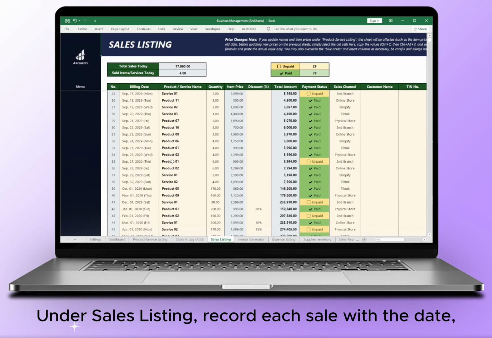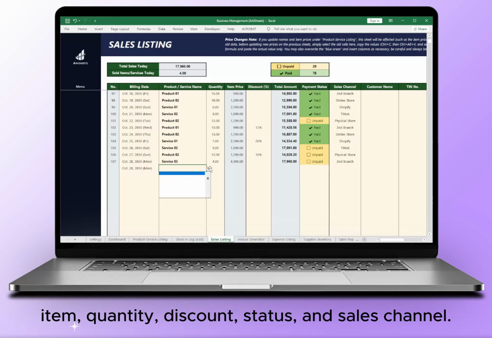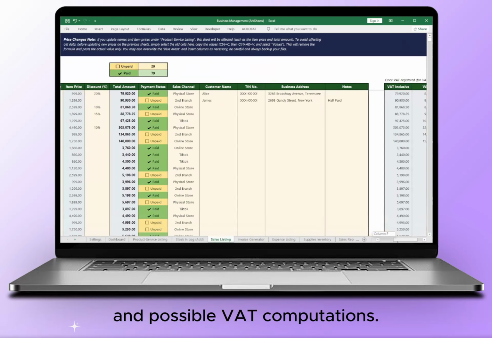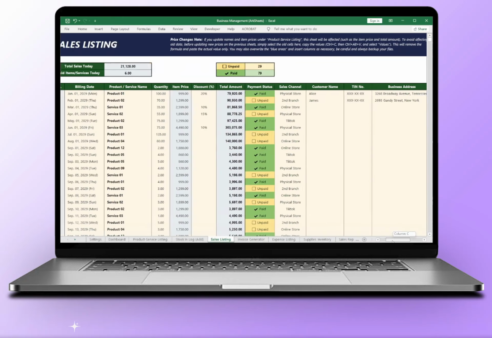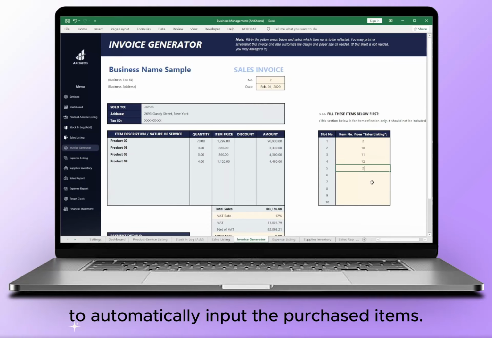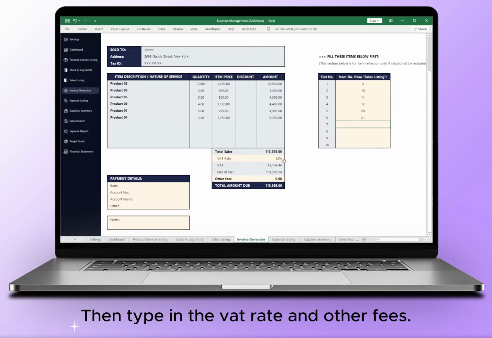Under Sales Listing, record each sale with the date, item, quantity, discount, status, and sales channel. This includes customer details and possible VAT computations. For invoice creation, simply select the sales number to automatically input the purchased items, then type in the VAT rate